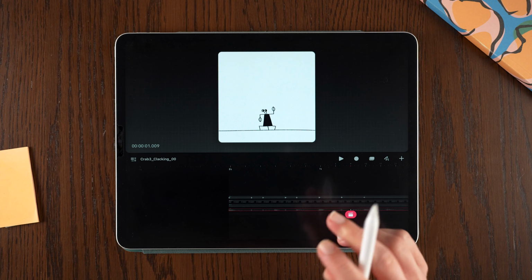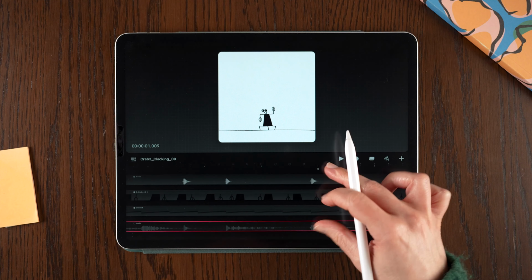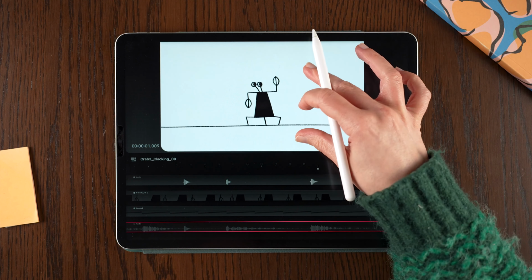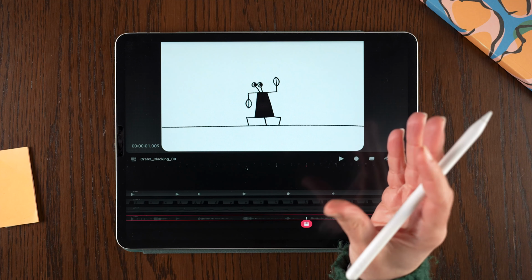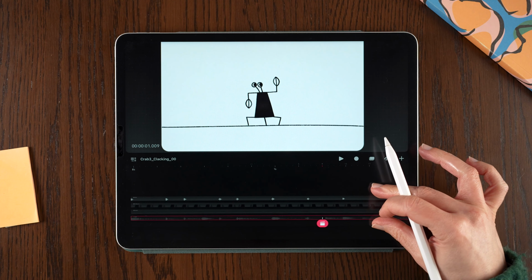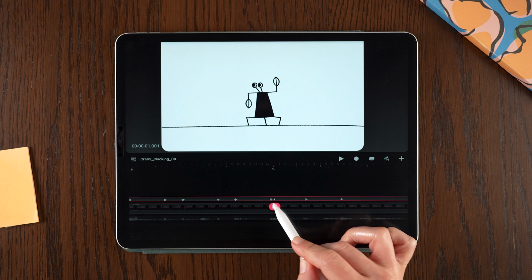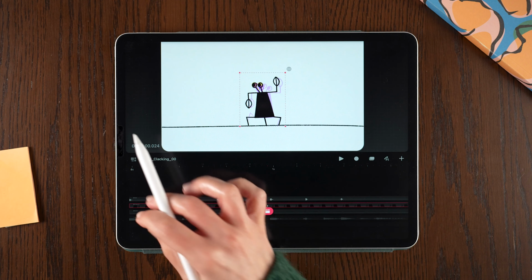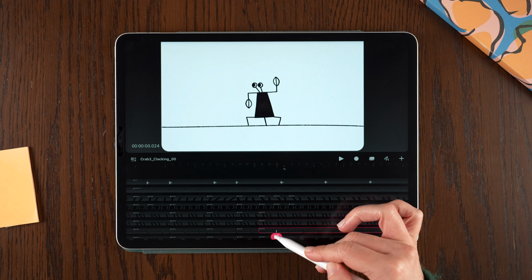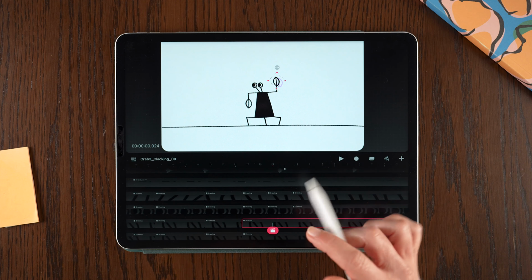Now we can clearly hear the beat we want to follow and also see it visually on the timeline with the sound waves. For this character, I decided to have the claws open and close only on the last 3 beats. And I can already see those clearly on the timeline here. Let's open the crab animation group and take a look at the layers. Every body part is animated separately on its own track.